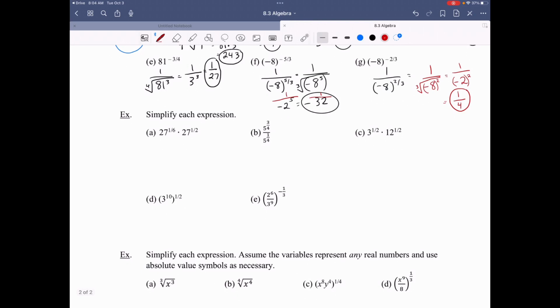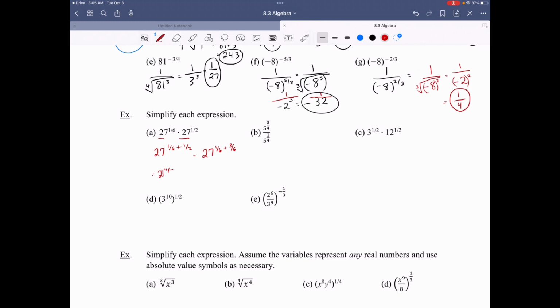For this next example, we are multiplying. Since we have the same base of 27, we're going to use our exponent rules, and we're going to add those fractions. So we have 27 to the 1/6 plus 1/2. We need a common denominator, so I'm going to change 1/2 to 3/6. 27 to the 1/6 plus 3/6. That is going to be 27 to the 4/6,